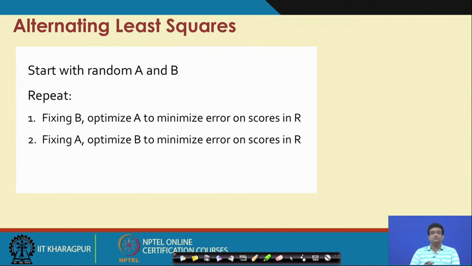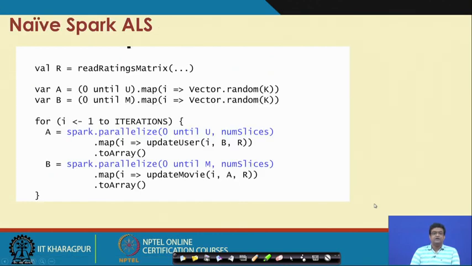You do this repeatedly, first fixing B and then fixing A, and every time you update the B matrix and the A matrix, or the movie matrix and the user matrix. So, how will you implement this in Spark?